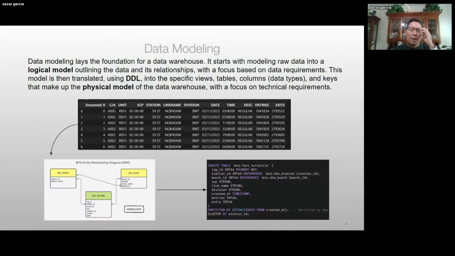All right, so we start with data modeling, right? You may have a data warehouse where they give you the data, they tell you this is what's available, or you may not, you may have some raw data, right? But the concept here is that data modeling is a foundation for a data warehouse or any data project, right? We start by getting some raw data from someplace, which is part of that project,